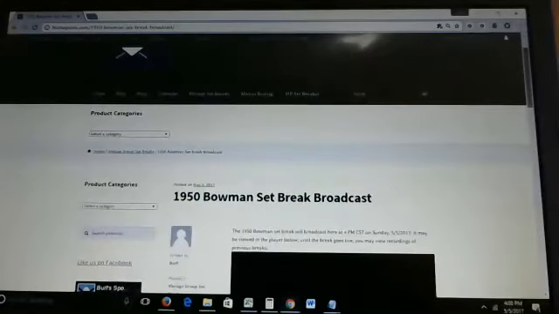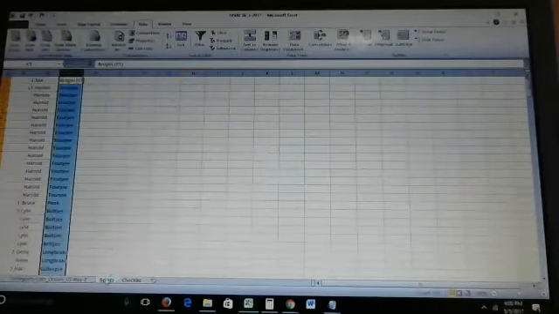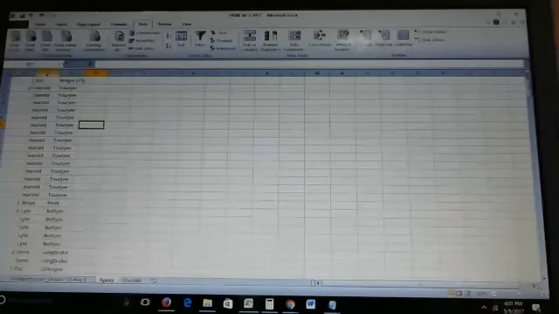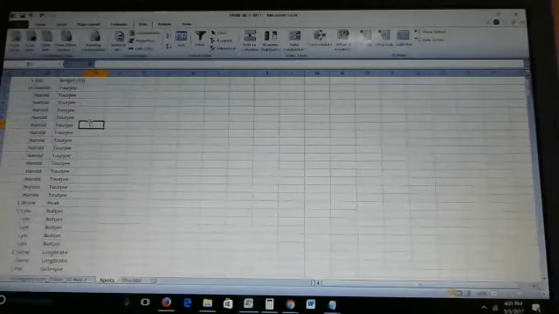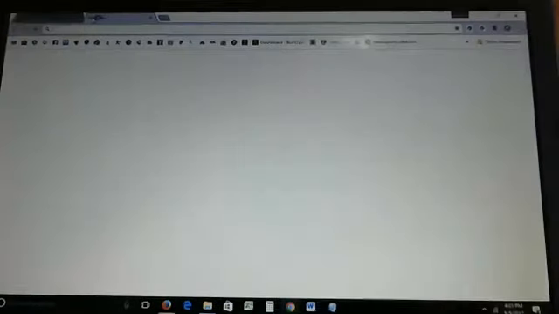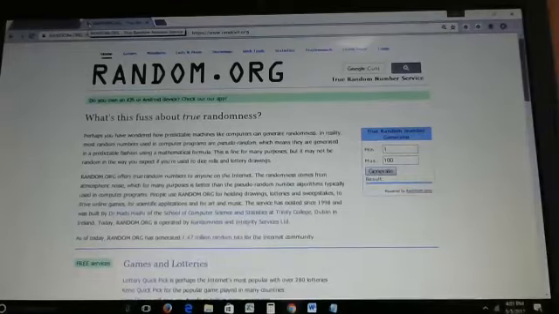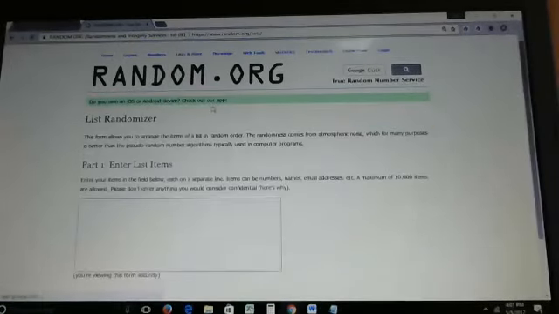And then we'll get going. So, if this is your first time breaking with us, here's a quick rundown of how things go. I take a list, however many spots are in the break. That's how many names are in this list. So 252 cards, 252 names. I'll copy paste this list into random.org's list randomizer. If you've never played around with that, you're welcome to. Go to random.org, lists, then list randomizer.